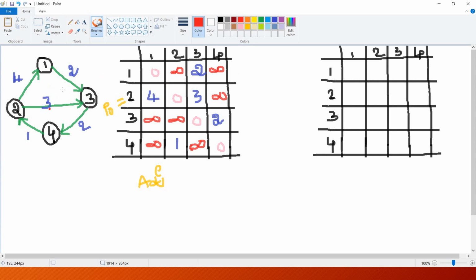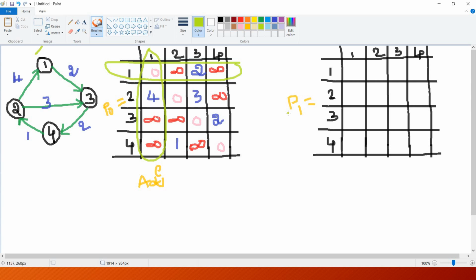We need to apply transitive closure and find out exactly the shortest path between every pair of vertices using the property of transitive closure. So now take one more matrix, P1. I am calling it P1 in the sense that the first row and first column of this particular matrix will remain the same, meaning I am considering vertex 1 as intermediate. Are you getting my point?